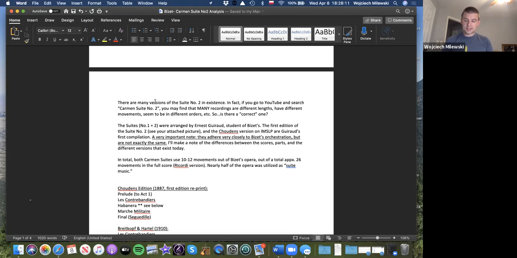But if you look at this, at the opening page here, basically what it says is the second suite of Carmen, opera in 4 acts, 2 suites for the concert, for orchestra by Georges Bizet, which the opera was by Bizet, but these suites are not, fun fact. And then under that, it has highlighted the first suite and second suite. First one includes the prelude, which is the opening of the opera, which then goes into the fate motive,